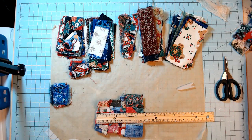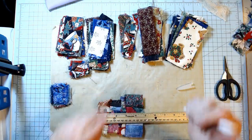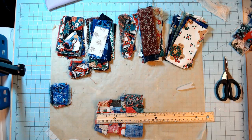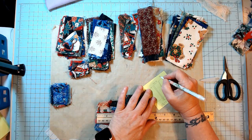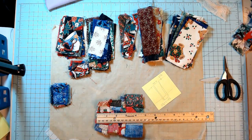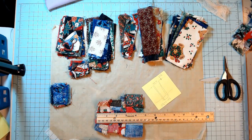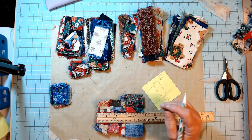I need the halfway mark to be, oh, where is my pencil? I'm going to write this down so I know. If my spine length is 8 5/8, then half is going to be 4, and half of 5/8 is about a 1/16 range, so it's going to be like 8 and 5/16 or something like that. So I would say put it at about 8 and 3/8 to be safe,